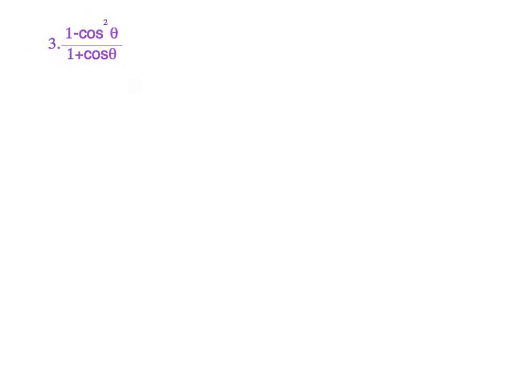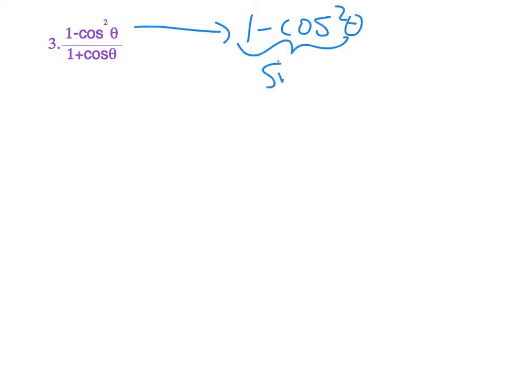Number 3, 1 minus cosine squared over 1 plus cosine theta. So you have two options. When you have 1 minus cosine squared, you have the option of replacing this with sine squared. If I use sine squared over 1 plus cosine, it is not going to do me any good. Your other option, remember, is to factor. This is difference of squares, a squared minus b squared. So this factors to 1 minus cosine,